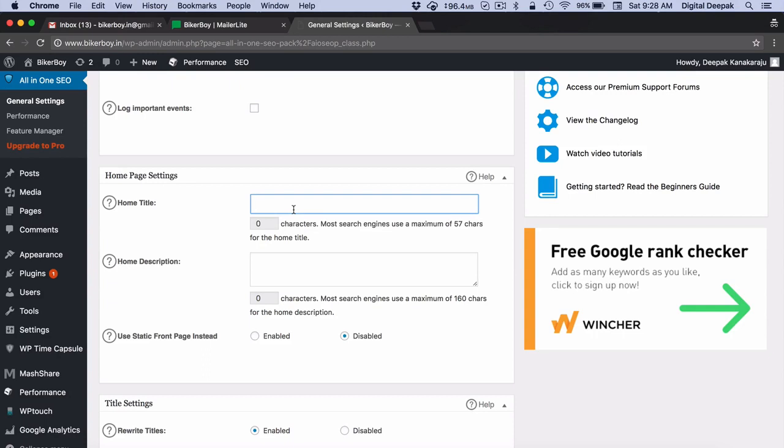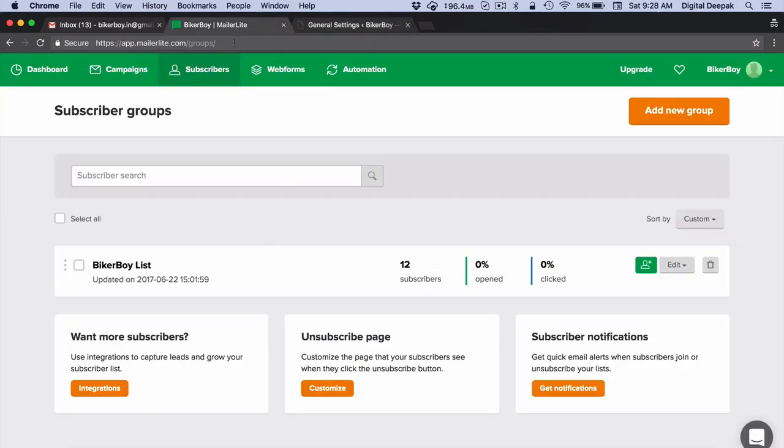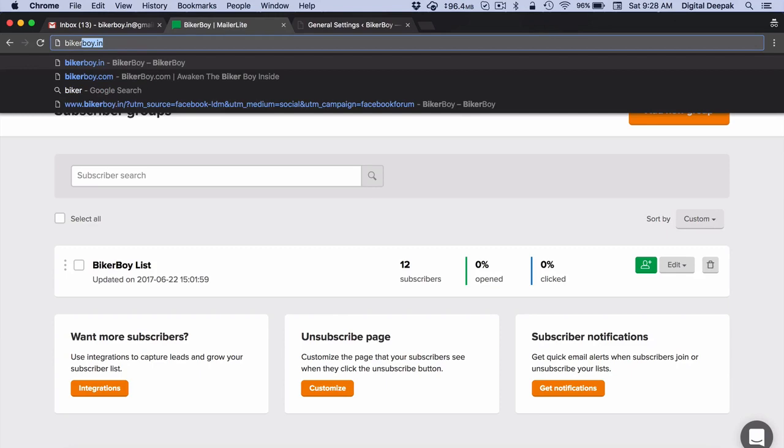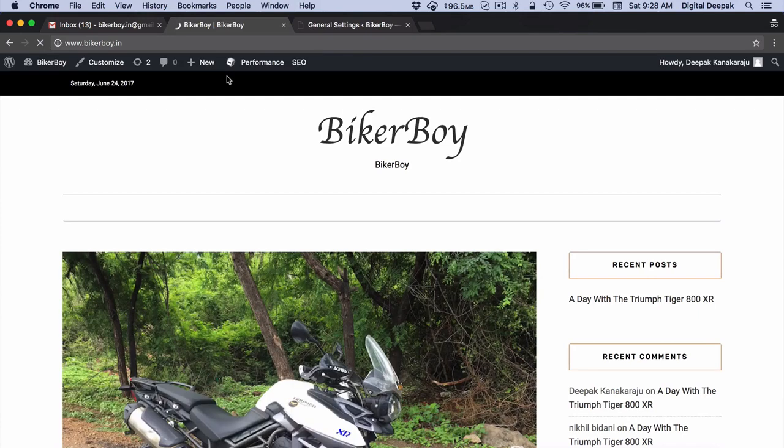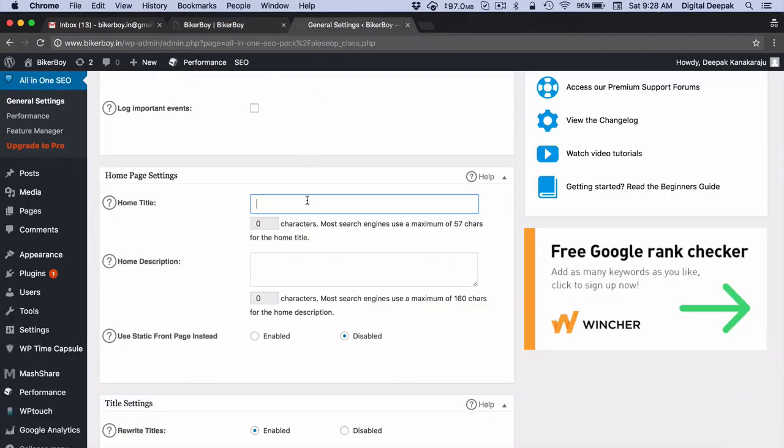So the most important one is the homepage title, which you see as the title tag inside the website. So if I go to the blog, you can see in the browser bar on the top, what you see here is the title of the blog. So here you can see this is the title. We definitely need a better title here. So I would enter the blog name, hyphen, something descriptive about the blog, in such a way that this is the brand of the blog, right? So I would enter the #1 premium motorcycle blog in India, and I would also enter